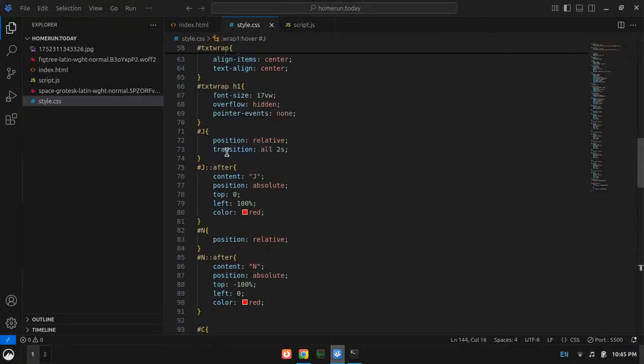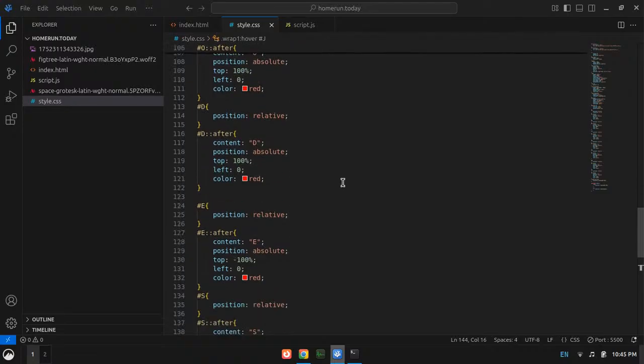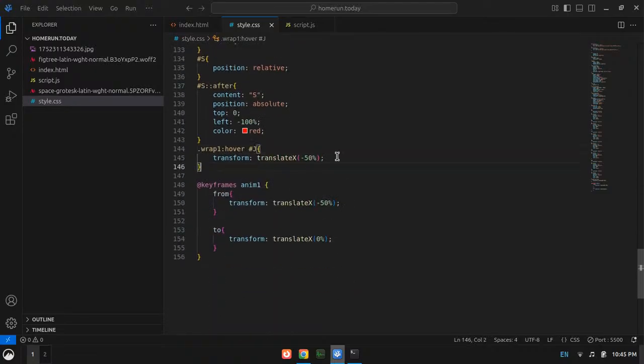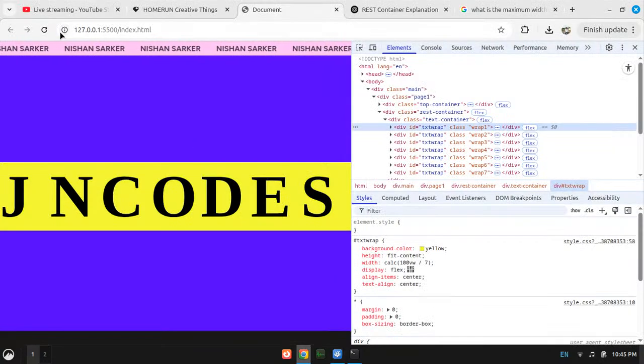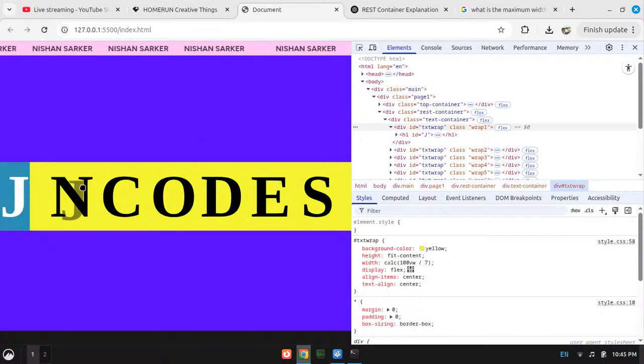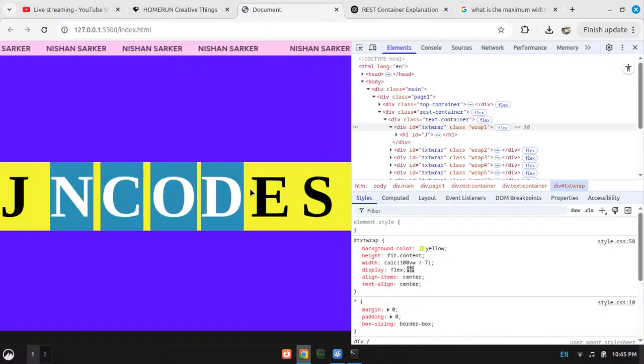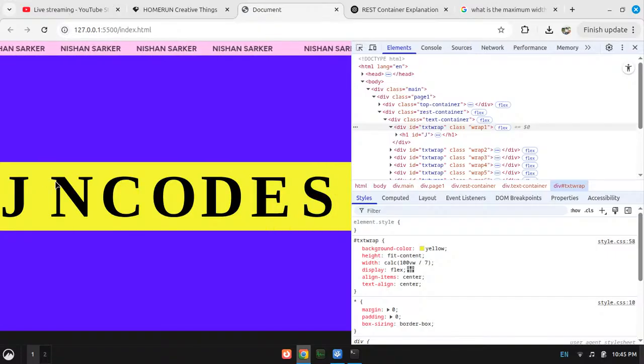Okay, right. And now what I need is for the J to translate x minus 50%. That should do it, but it isn't doing it. I don't know why it is not doing so.